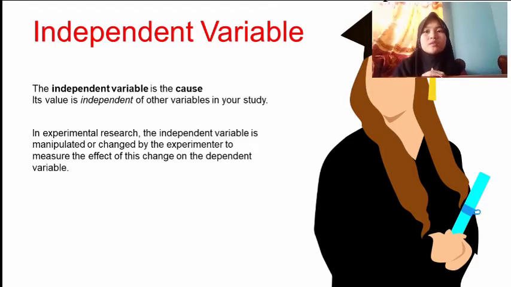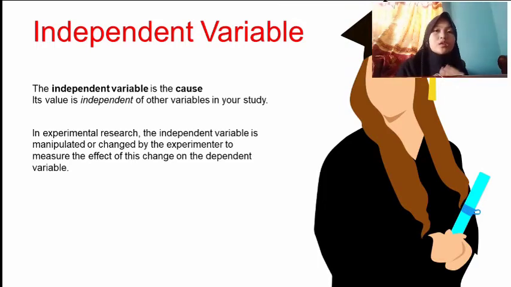So in an experiment, the researchers look for the possible effects on the dependent variable by changing the independent variable itself. For example, we are doing research to see the effect of the amount of light given to tomato plants, and we want to see the effect toward the growth.